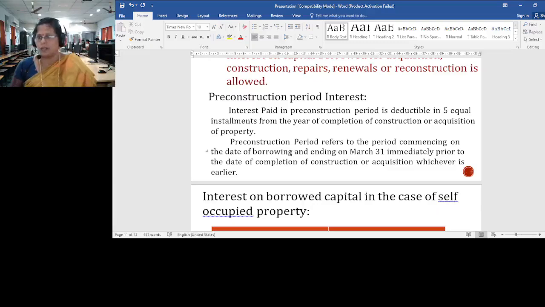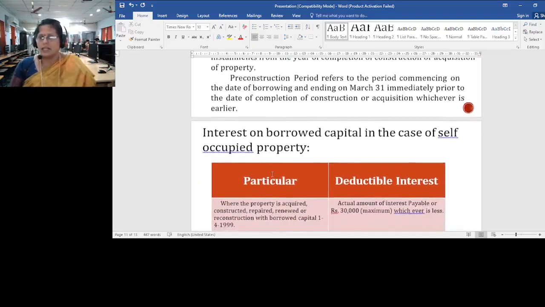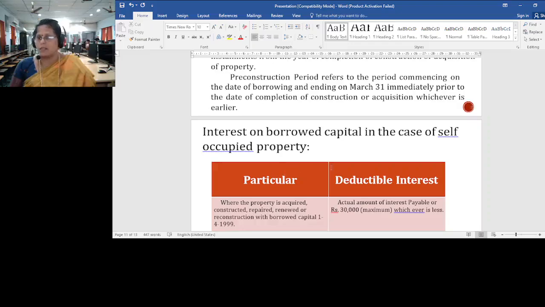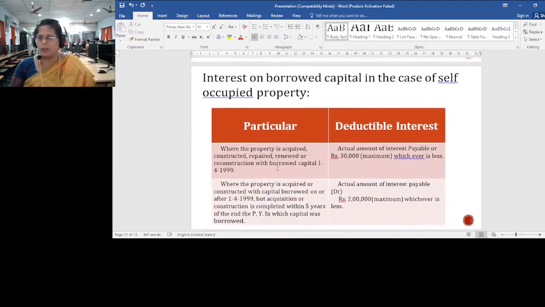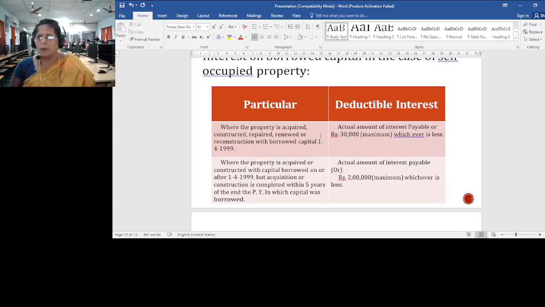From there you will be calculating, ending on 31st March immediately prior to the date of completion of construction or acquisition, whichever is earlier. So, next is interest on borrowed capital in case of self-occupied property. Where the property is acquired, constructed, repaired, renewed or reconstructed with borrowed capital